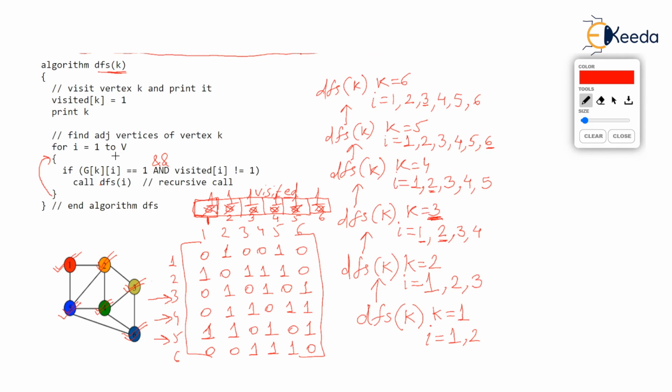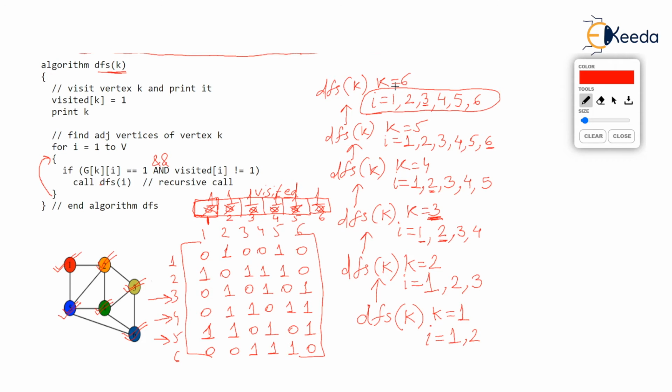Here comes the fun part. Here comes the major part of our algorithm. Now you see, I has approached 6. Observe this. Observe the for loop. I has approached in totality to 6. And the for loop here, which I am pointing to, will now complete. The for loop ends. Are you understanding? That means I has gone from 1 to 6, but for none of the values from 1 to 6 did this condition ever become true. So none of the DFS was called. That means DFS(6), which we are talking about, is a dead end.